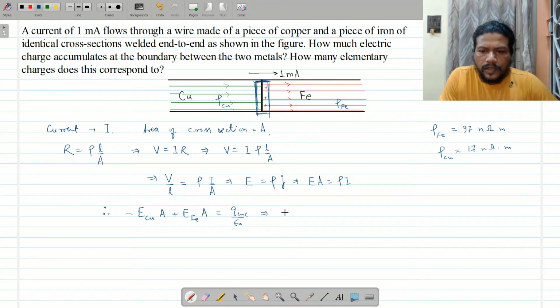This gives us resistivity of iron times the current minus resistivity of copper times the current equal to Q enclosed upon epsilon naught, which gives the charge enclosed as epsilon naught times the current times the resistivity of iron